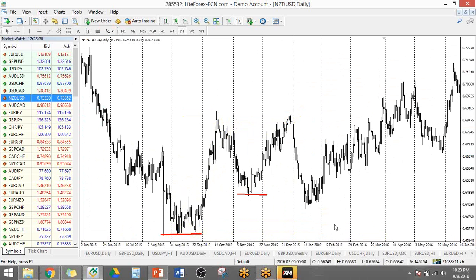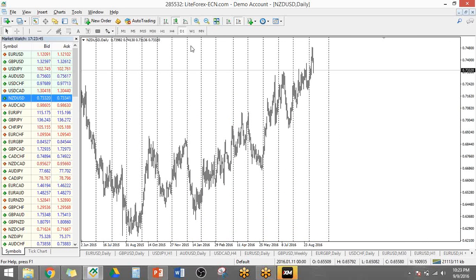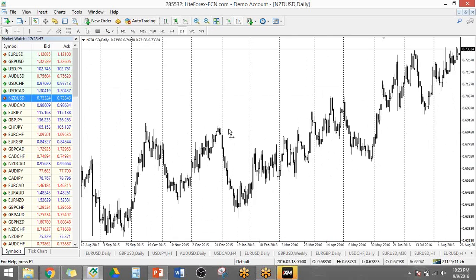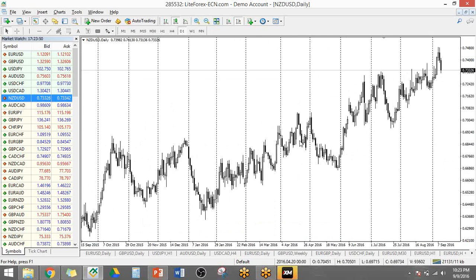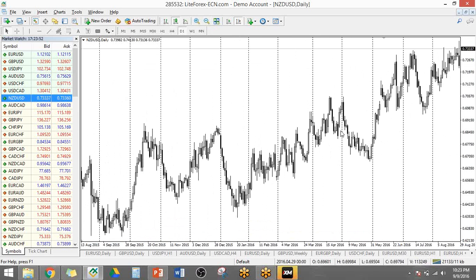Now, it's not a perfect world, so normally supports and resistances are not always horizontal. Actually, usually they are at an angle, okay? And you call them trend lines. Whenever you have a support resistance that is at an angle, they are called trend lines. So for example, for this one, you have that one here. Right now, it's actually steeper. There you go. That's your new trend line.